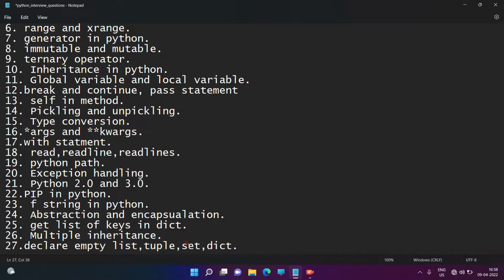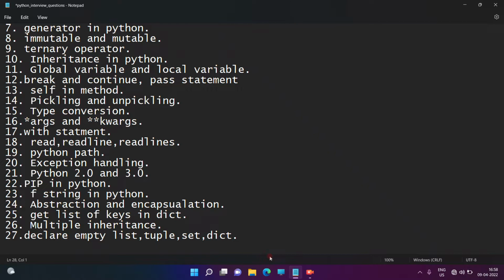We create an object of the tuple class, and also we can create an empty tuple by using empty parentheses. Also, to create an empty set, we use an object of the set class. And to create an empty dictionary, we use an object of the dict class, and also by using opening and closing curly brackets we can create an empty dictionary, right guys? So this is the answer for the 27th question, how to declare an empty list, tuple, set and dictionary.